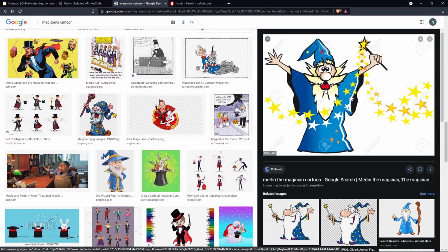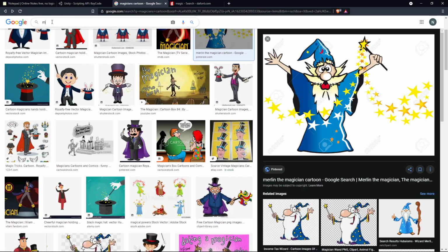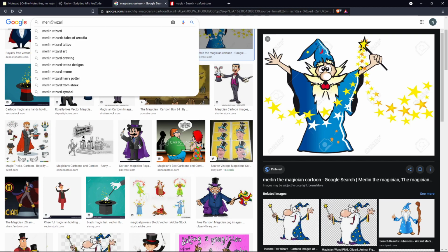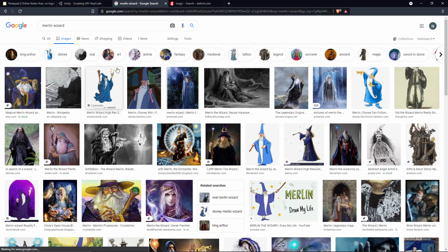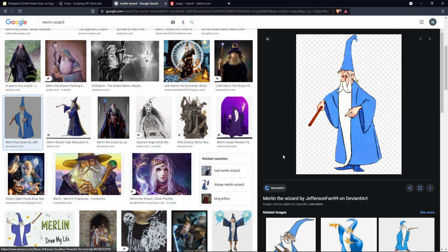Or should I use a different one? This one's when he solves it. And then Merlin wizard. I need to find one where he's like serious. No. How about like this? He doesn't seem that happy, but